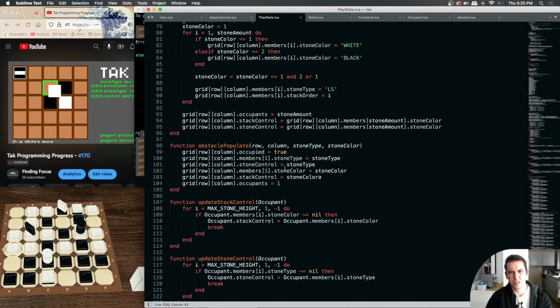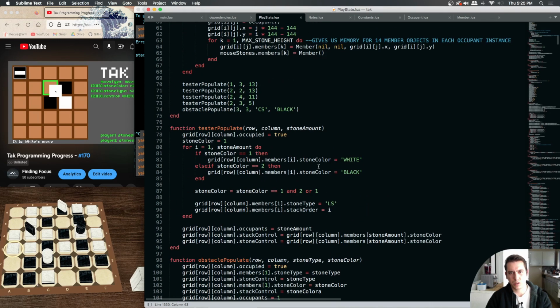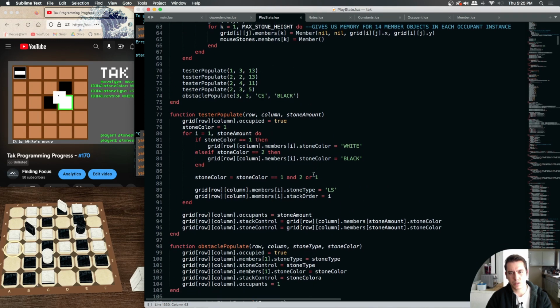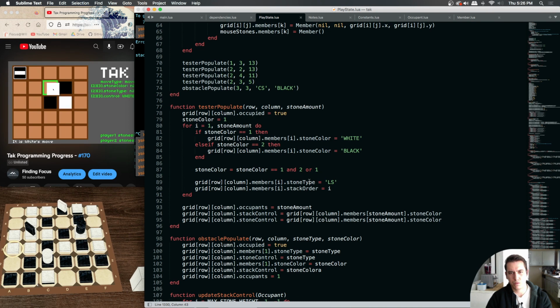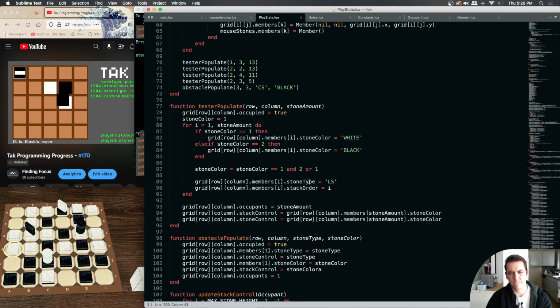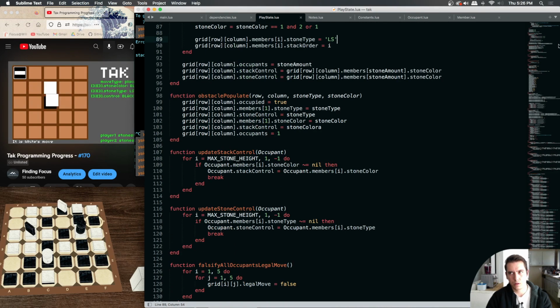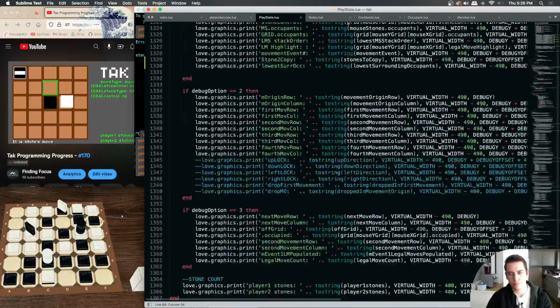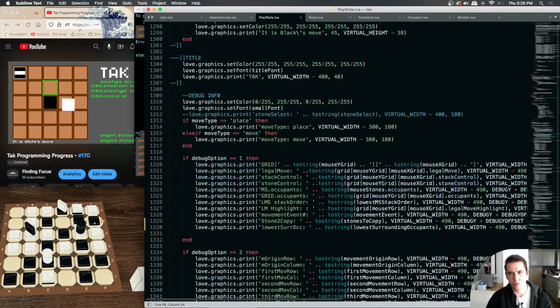Obstacle populate, see stone type. Stone type. Stone control and stone type. That should be okay. Oh, see, look, this stone type. Oh, no, no, no. Huh? We're giving a string here of our stone type. So when we're printing up, oh, stone control, hold on. When we're printing up stone control,